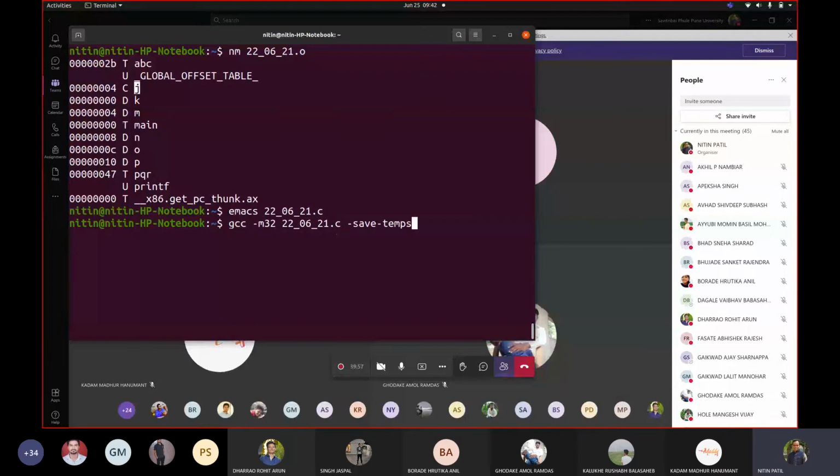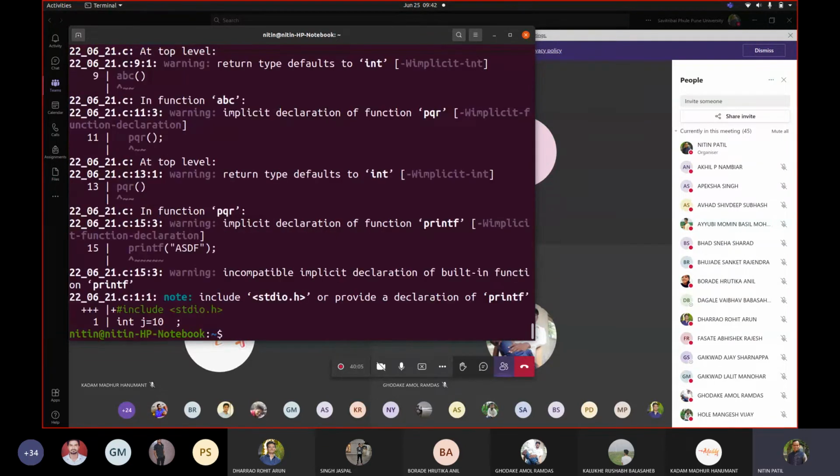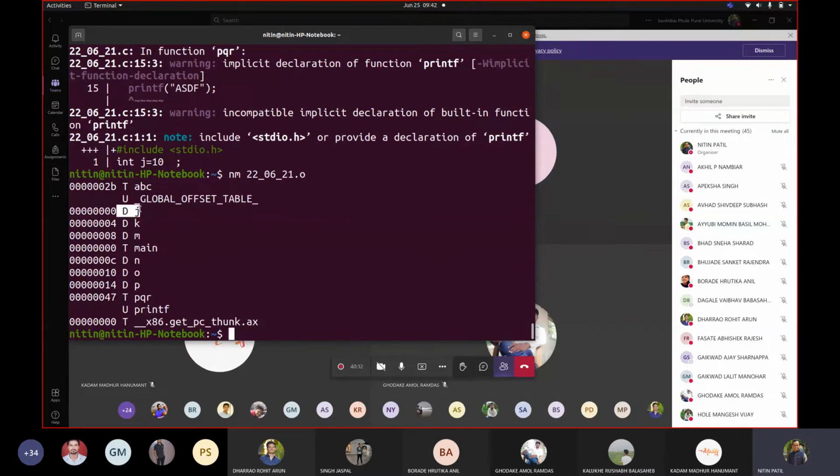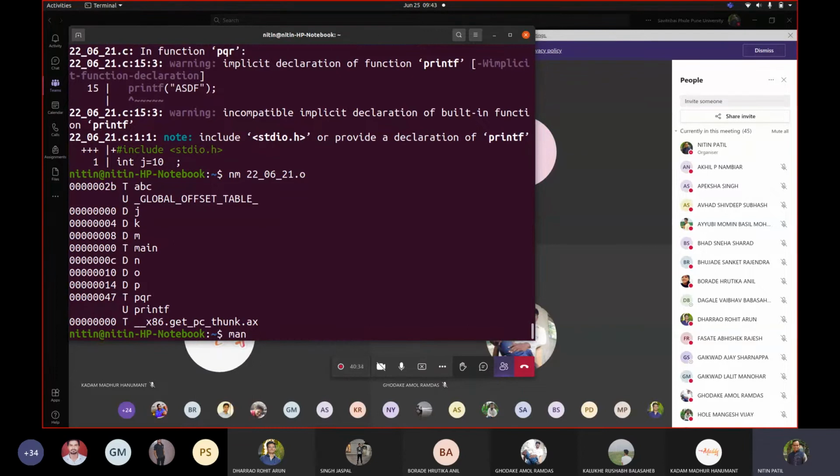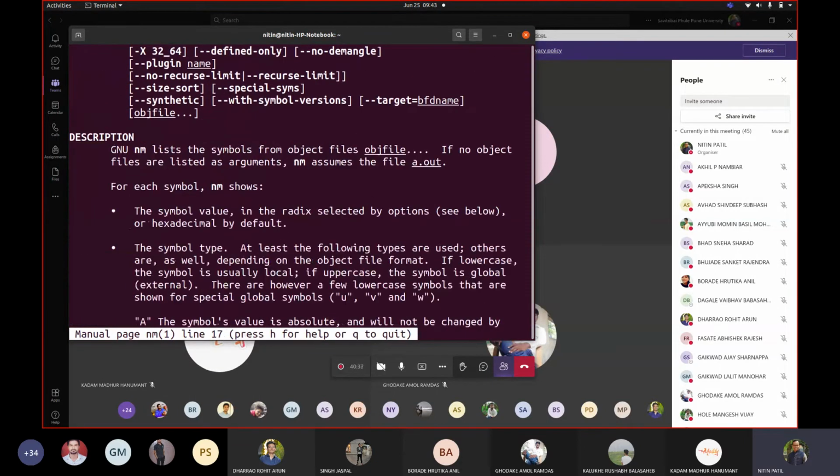Okay, now if I generate this, so let me generate simply the object code for a while so that now you may see this is containing D. Okay, now when we had it as undefined or uninitialized, it had C. So it is trying to distinguish between the variables too. Correct. So it means they are a part of the data section, but this doesn't seem to be initialized. So it might be representing something. So let us try to understand what these symbols mean for us.